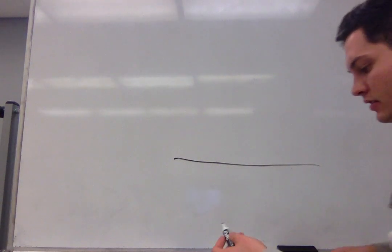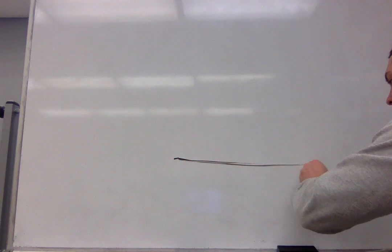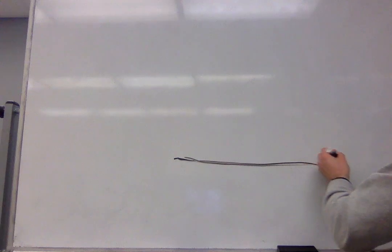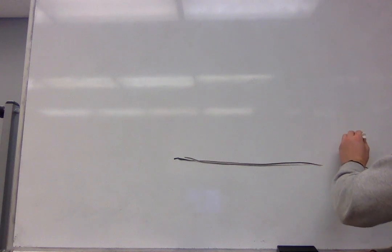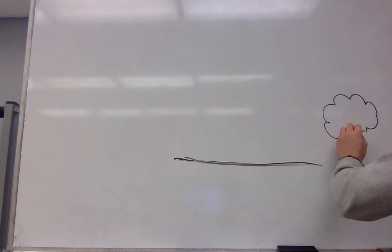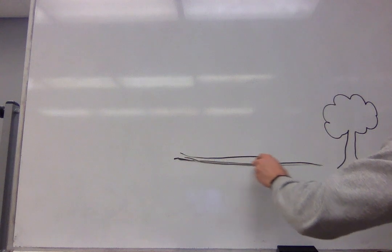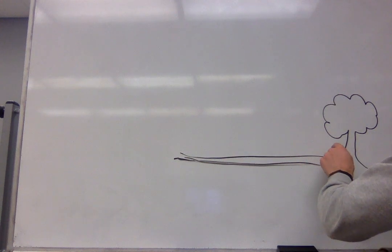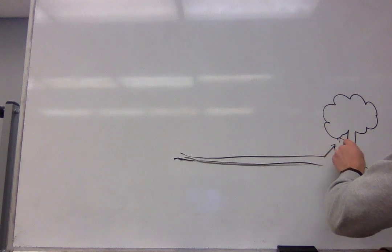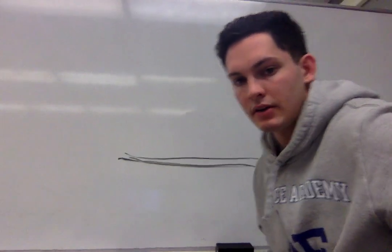A short field can be indicated not just by a short runway, but maybe we have an obstacle at the end of the runway, right? Let's say we have a tree at the end of the runway, and it's a short runway, right? So in this distance we need to be able to not only take off, because if we took off here and hit the tree, we'd get a big explosion, right? And we'd hurt ourselves or hurt somebody,